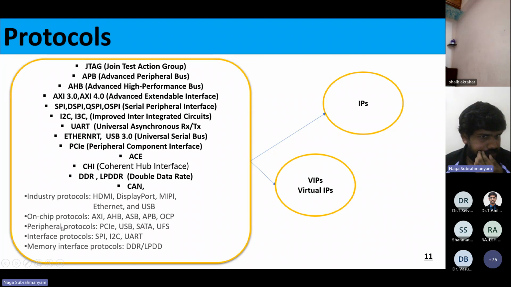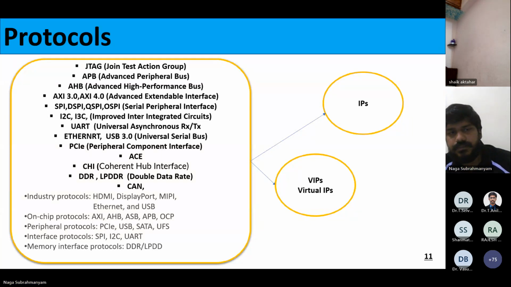Okay, that means low speed and high speed. SPI, I2C, UART, Ethernet, USB. All these things you can understand in the design and you can understand the VIP. If you want to come to the verification side, you had better understand the VIP also. But it is mandatory to understand how it produces the data and how it consumes the data, all these things, at a designer level.